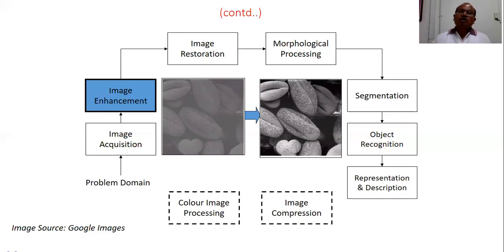Suppose in a biometric application, you have seen that when you have a biometric attendance system in your office, and you go and put your fingerprint, and the fingertip is dirty or wet, many times your system does not record your attendance, does not recognize you. Why? Because dirt is there, because water is there. The dirt and the water make your image noisy. When it is noisy, the noisy images are not understood by the system, a biometric or any other system. So that's a problem.